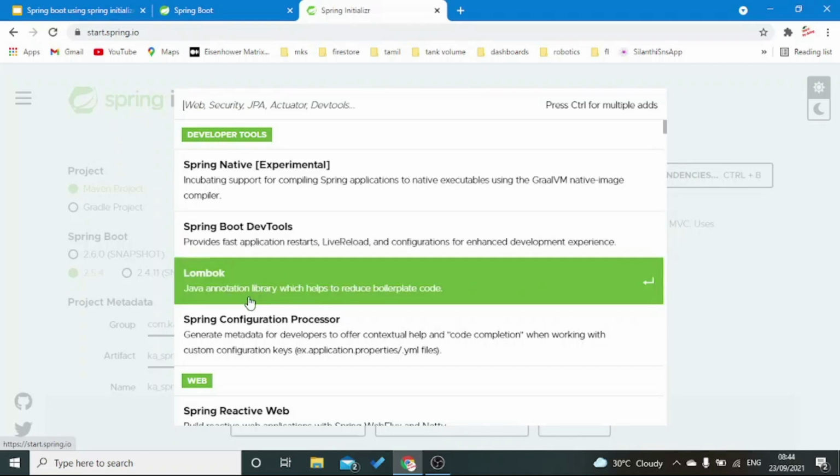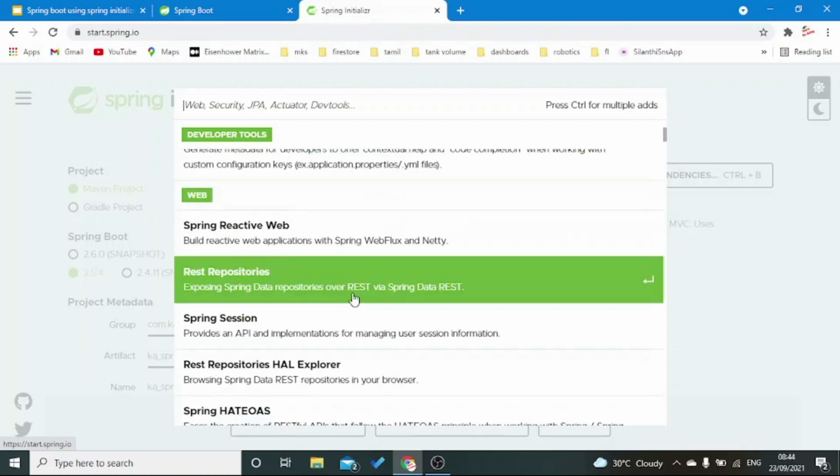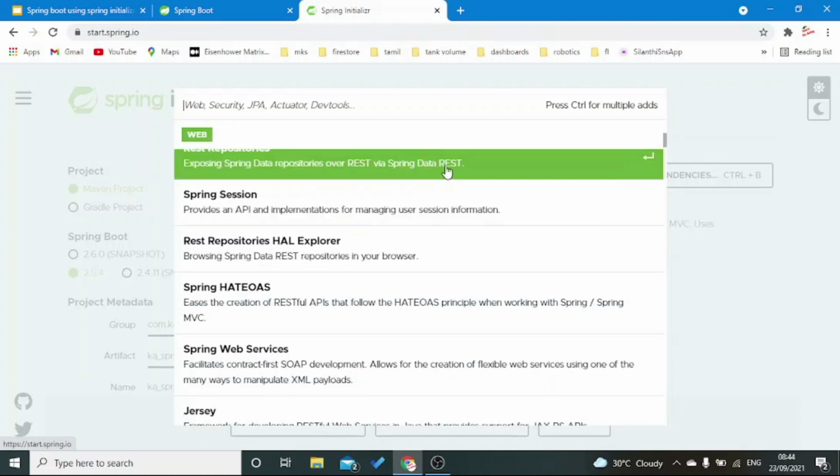Okay, so there are lots of other dependencies available. You can quickly go through this list, but we are not going to use anything except Spring Web for our demo. This is supposed to be a very simple web application which will just start and say I am started in this so and so port. So that is what we are going to do in this tutorial.